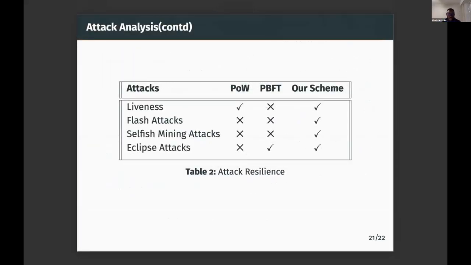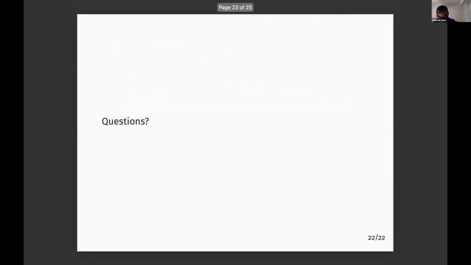And so in this table, we show our system is secure against some of the popular attacks like the flash attack, the selfish mining attack, and the eclipse attack. So this concludes my